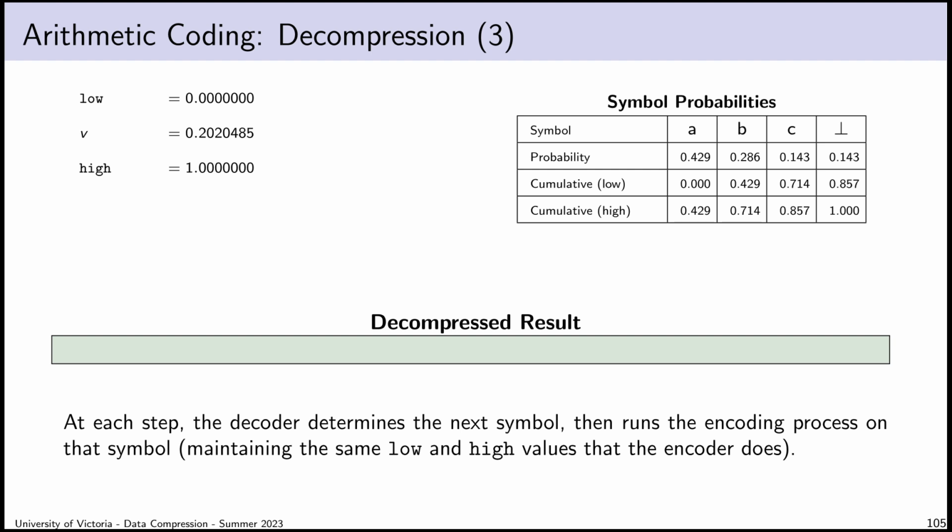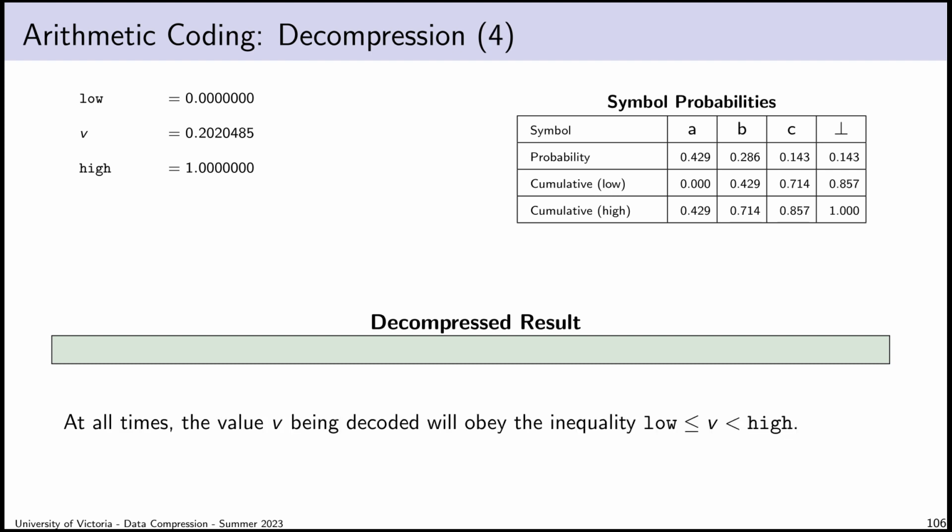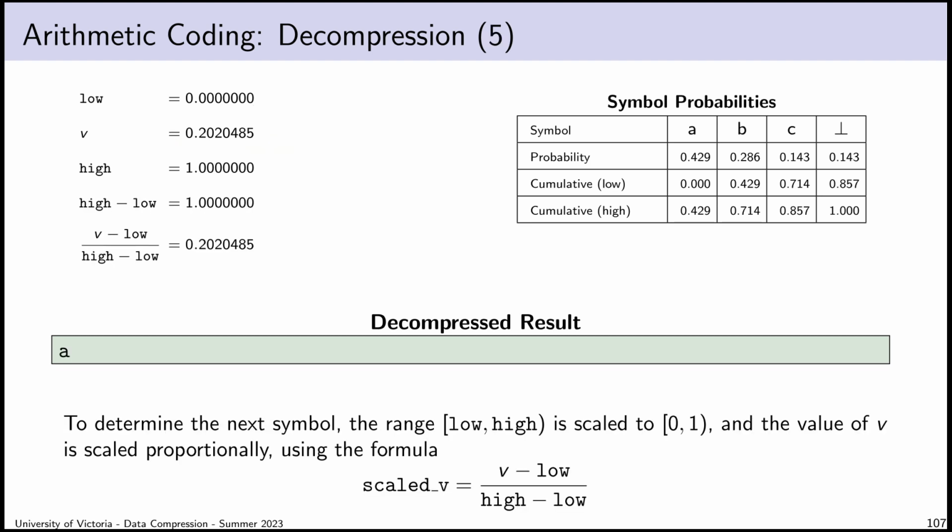Okay, so each step, the decoder is going to figure out the next symbol and then run the regular encoding process on that symbol. So it'll compute the new value of low and the new value of high. I'm going to talk about a definition that I can't really explain just yet, so bear with me. The reason I can't explain it is because the calculation it performs is too simple at the next step. So at all times, v, the representative fraction that I'm decoding, will always be between low and high. It'll always sit in the range low through high, and it's a half-open interval, so high is not part of that range. To determine the next symbol, what I will do is, at every step, as I go,